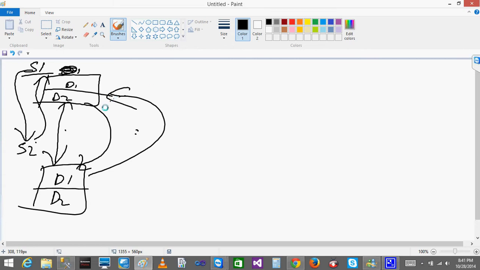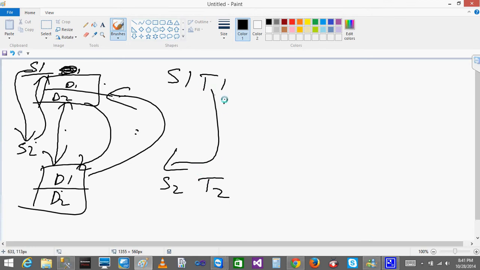If I want to call the tables from server 2 into server 1, let us say there is a table 1 in server 1, and I want to join this table with table 2 in server 2. I want to join both the tables and load the result into one final table called table 3. What I need to do is create a linked server, establish the linked server, then join them, and then you will get the output.